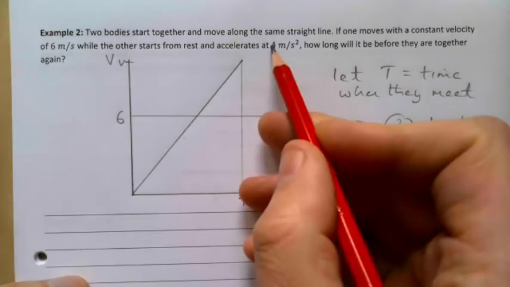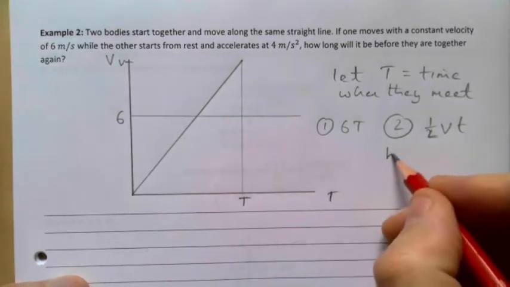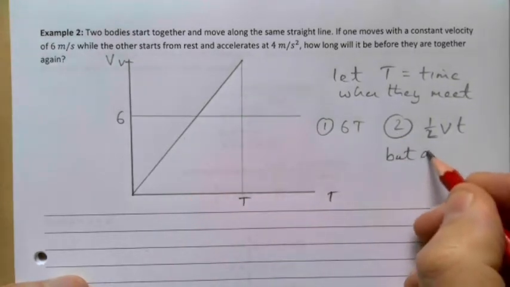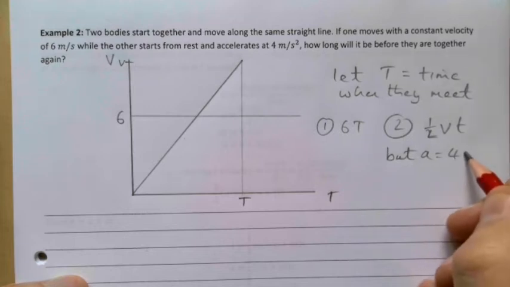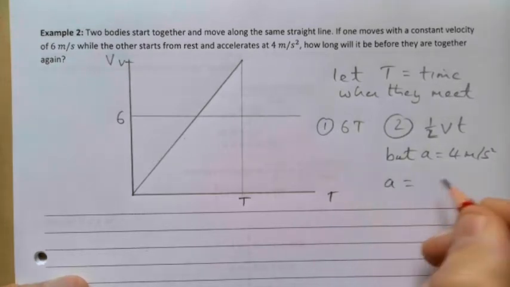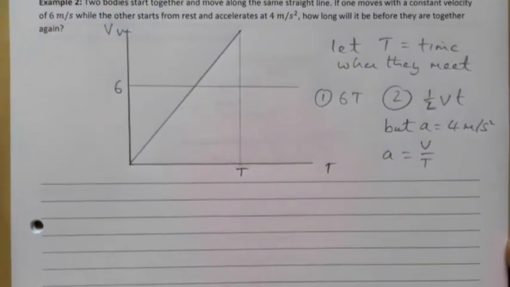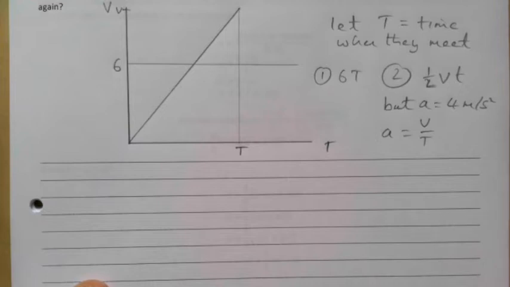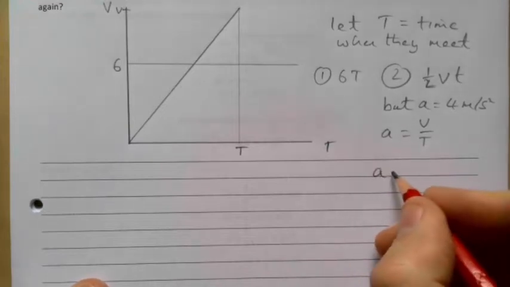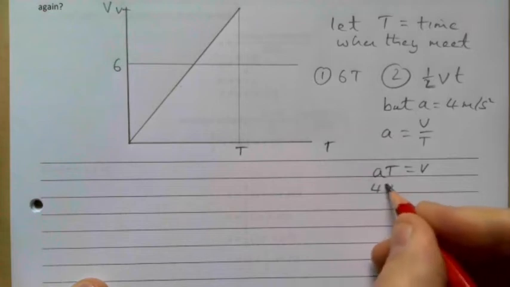But we know that the gradient is 4, and we know acceleration is velocity over time. Let's move up a wee bit so we can see everything. Multiplying through by t, at equals v, and we know that